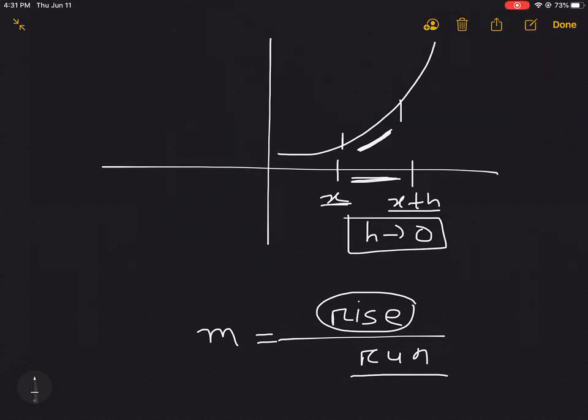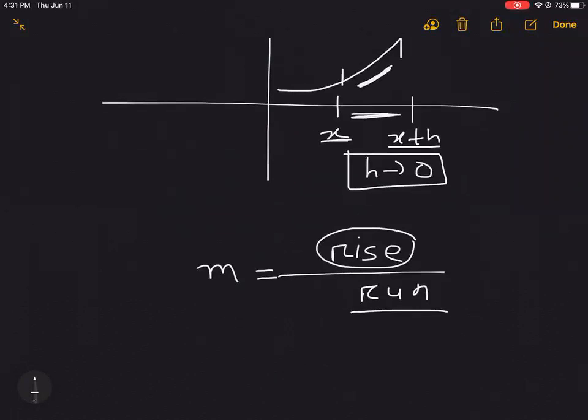This is the basic definition for finding the slope. If the run is h, run is actually basically the amount of distance you are covering. So that's run. We'll not go deep into this right now